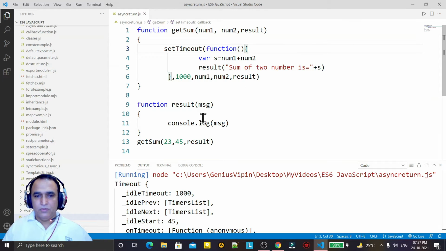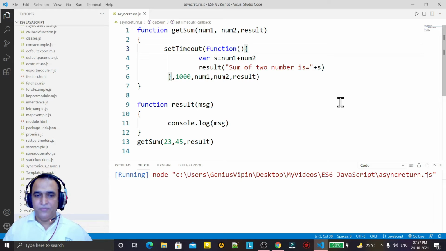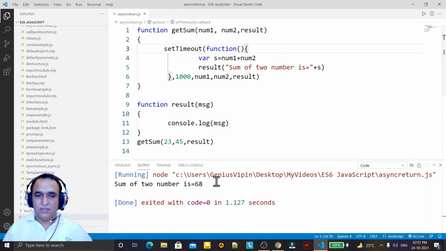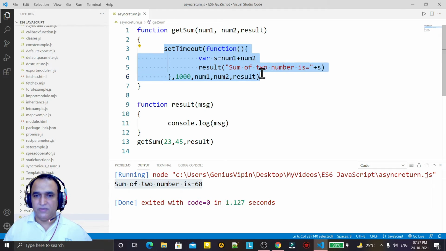Done. So we use the callback function, and if I try to execute it, you will see the answer. The sum of the two numbers is 68. So this is the way to get the result with the help of a callback function from the asynchronous methods in JavaScript.